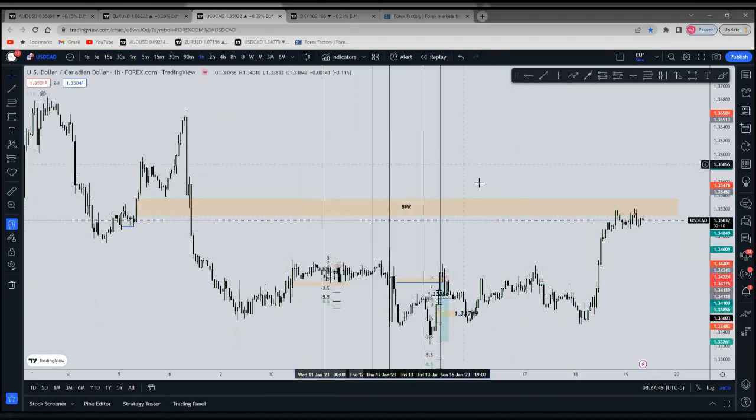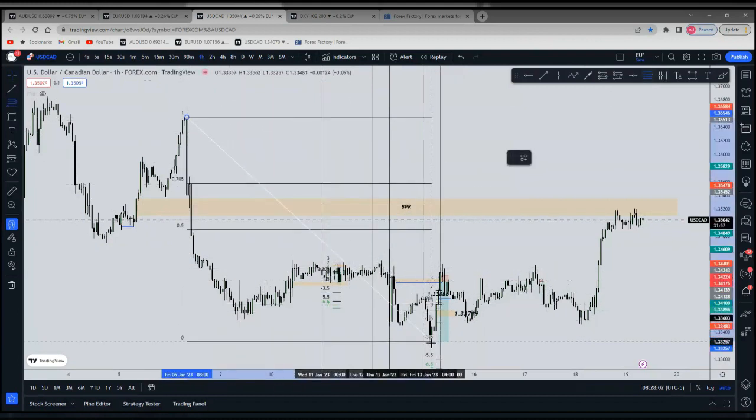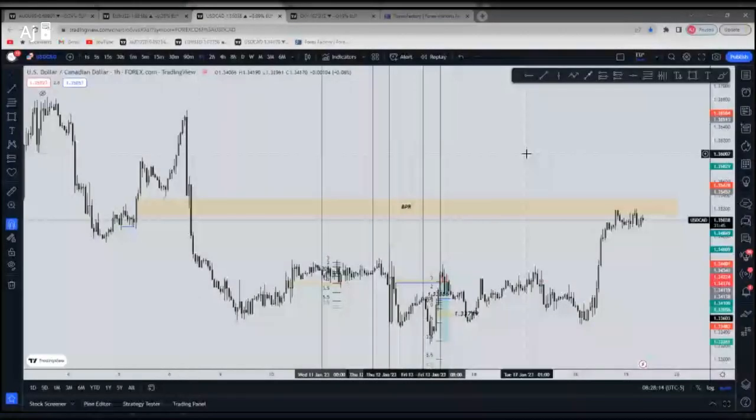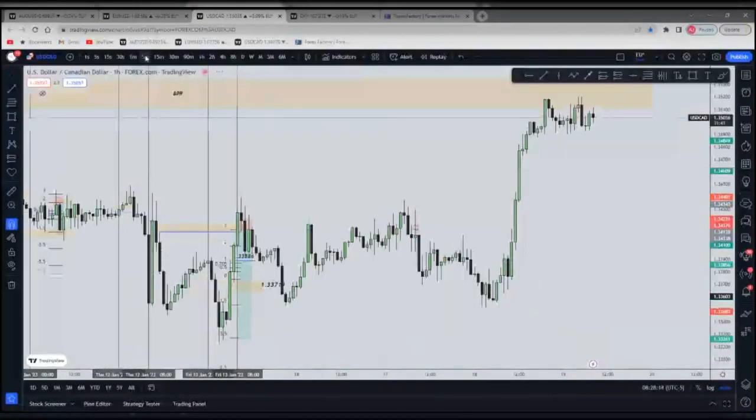in a BPR. So once we have our higher time frame framework, which is this dealing range from this high to this low, price is trading above the 50%. So we already have our context. Price is in premium. It's at a BPR. And yesterday we had a big range day. So today we can expect a retracement. Now, if we go back down to the 5 minutes,